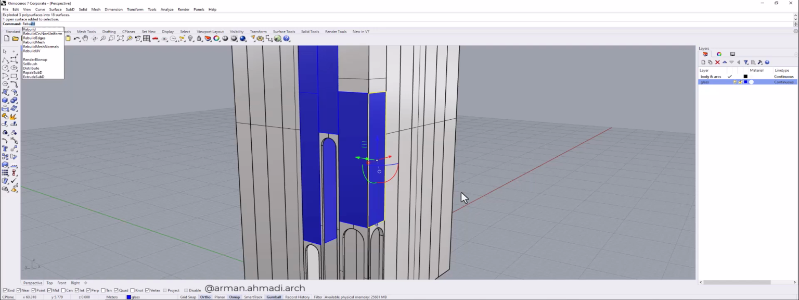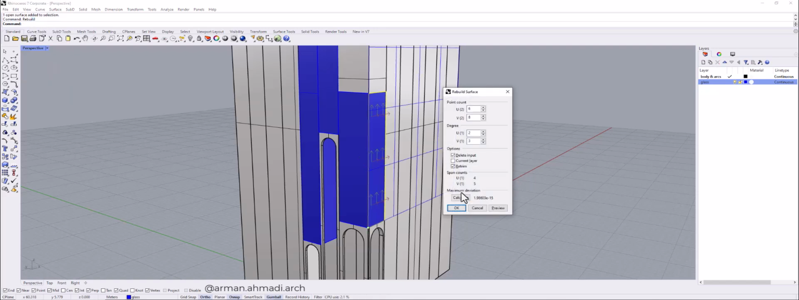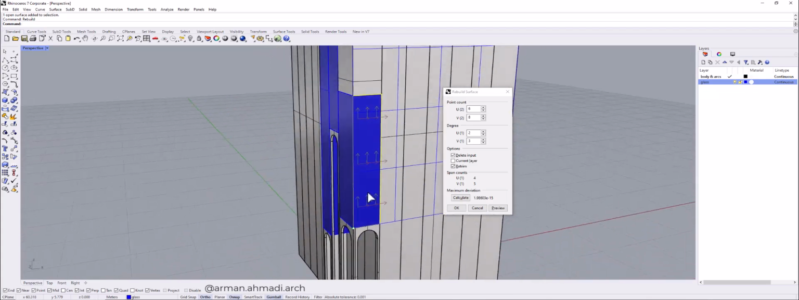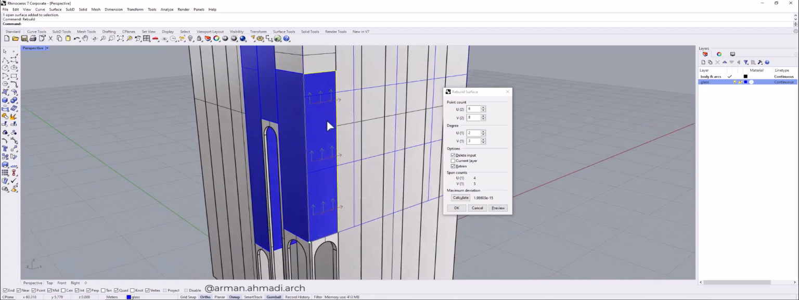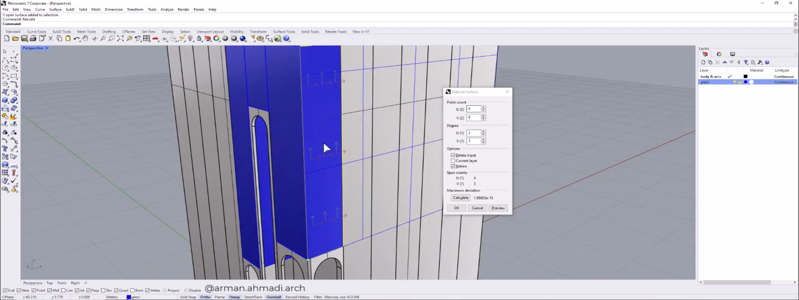So type the rebuild command and click on preview to see that your surface is subdivided into some smaller parts. It's not